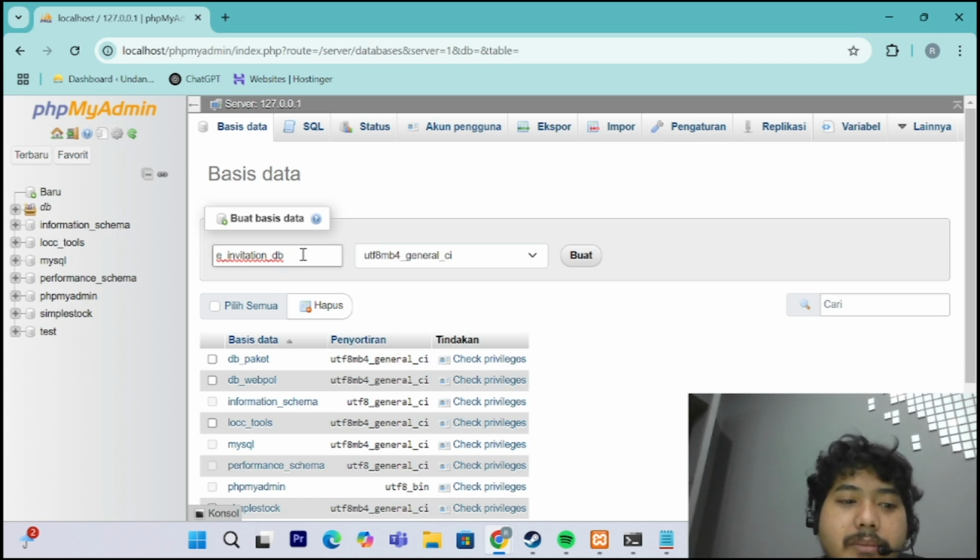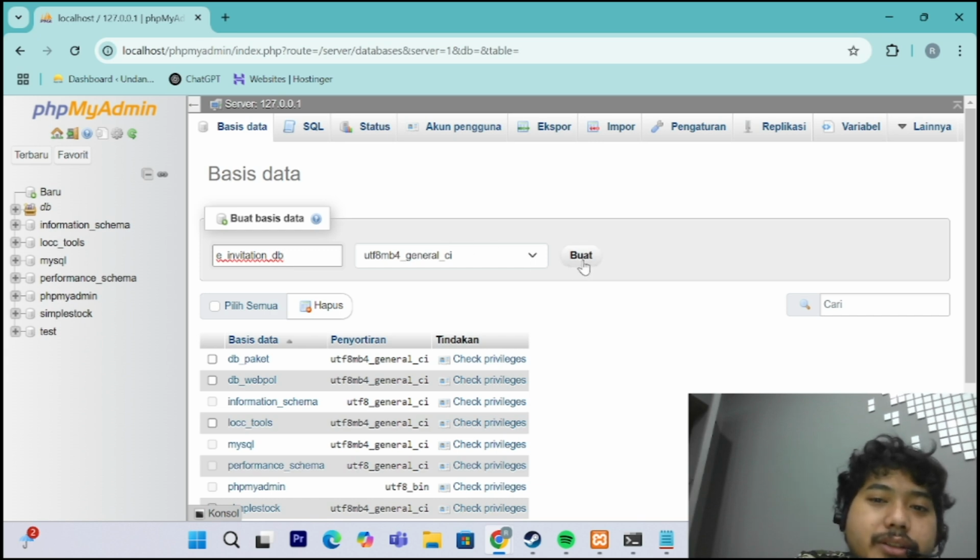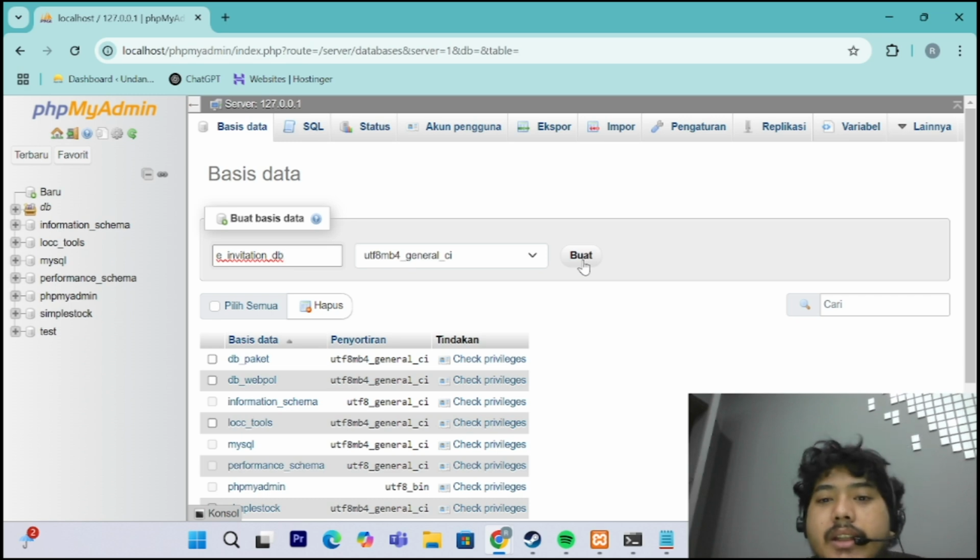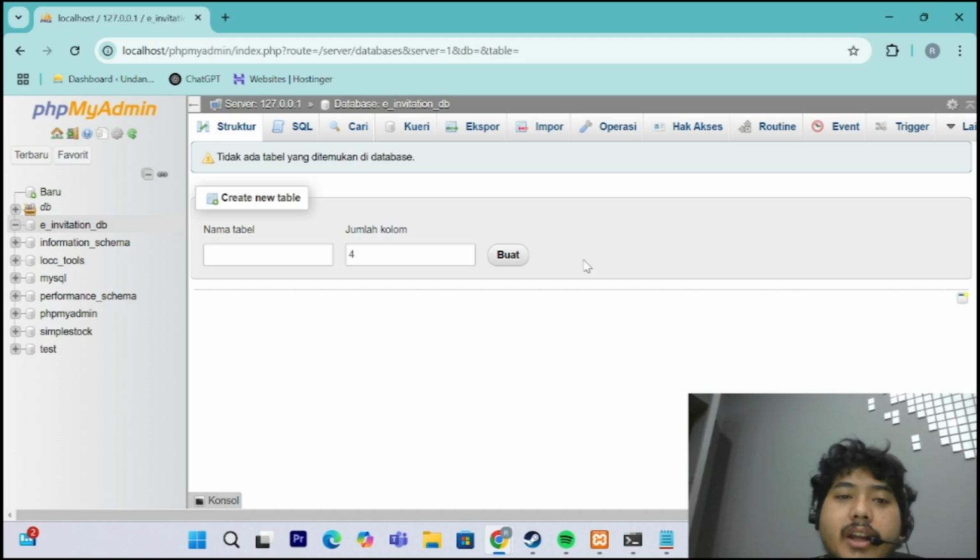I will name the database invitation DB and click create, or buat. I'm really sorry because I use bahasa in my SQL, but I think it's okay. Okay, we have the new database invitation DB, and then we will create the necessary tables for our database.